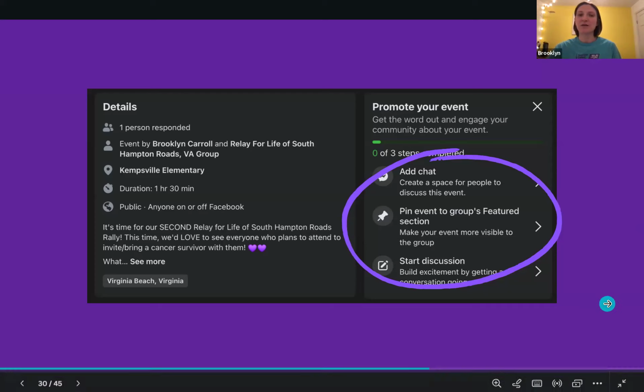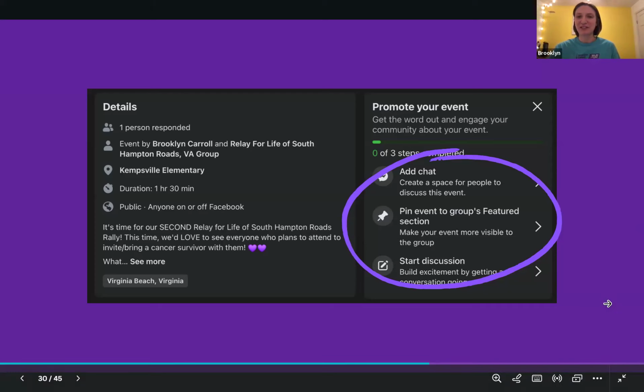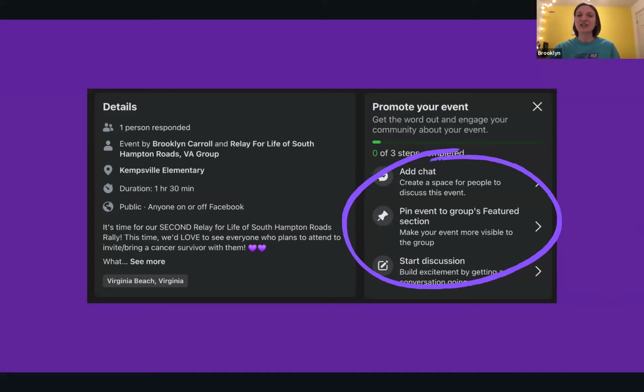I should probably do more of them, but we do have a poll at the beginning of every year-ish, where we come up with maybe 3 relay themes for the year. Then we narrow it down to those 3 and create a poll in the Facebook group asking people which theme they would like to see at Relay this year, because you have to remember it's as much their event as it is ours, and this gets people excited. They get to make a decision for the relay that they're involved in.